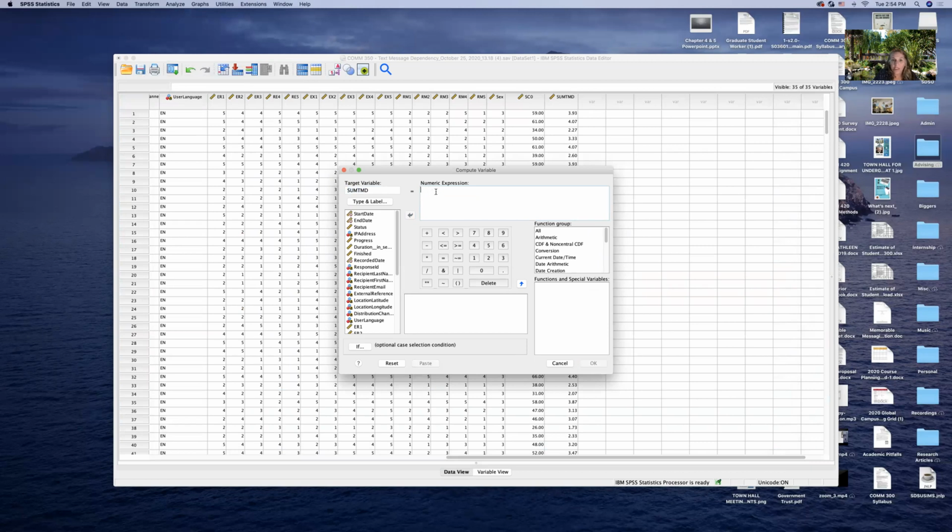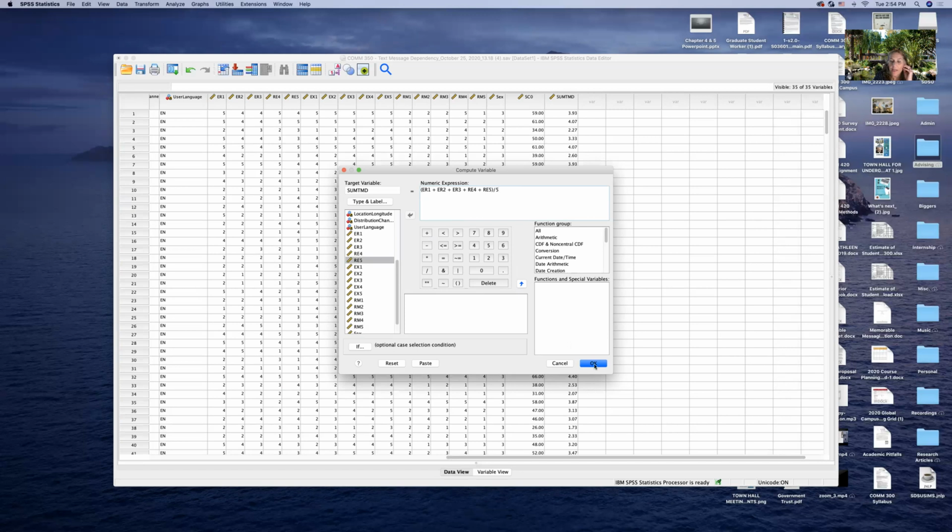Actually, I'm going to delete that and put my bracket in on both sides. I'm going to come back and I'm going to just do each summated subscale plus ER2 plus ER3 plus ER4, okay, plus ER5. And then I'm going to divide that by the number of questions, 5. And I'm simply going to hit